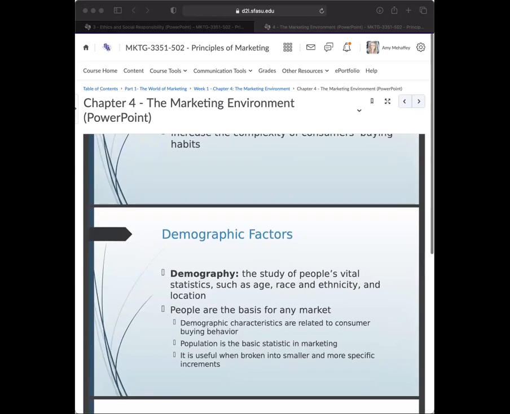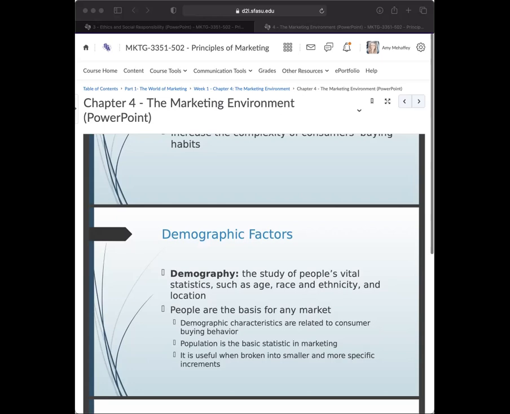We also talk a lot about demographics. On your exam, you'll be asked to look at different demographics and how they engage in marketing in a different way. So what are the characteristics of a baby boomer, what are the characteristics of a millennial, all these different things. Demographics are what somebody's age is, what their race is, where they live, all of these different things combined, and how that makes up who they are. And so that changes who this person is, and their demographics influence their consumer buying behavior. And it's really, really useful when you start to look at what we call segmented target markets, when we look at only targeting females.